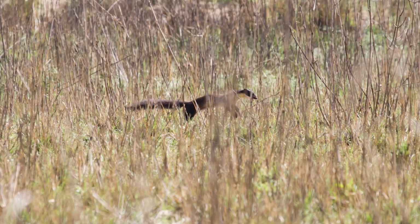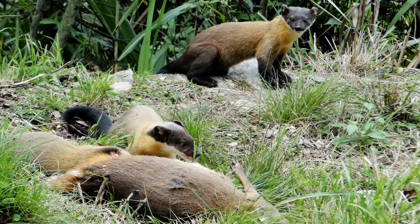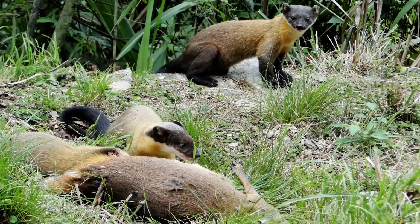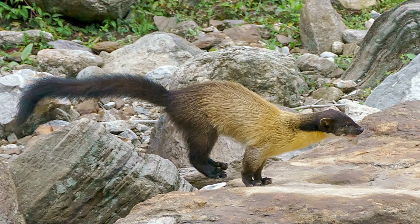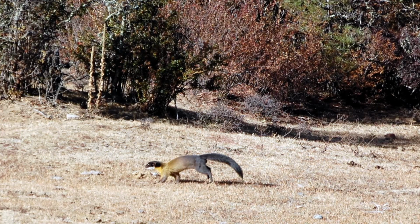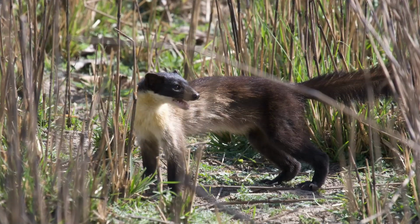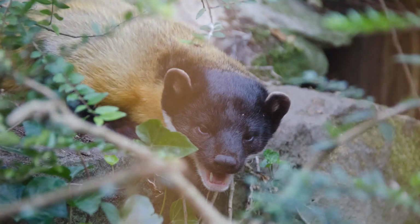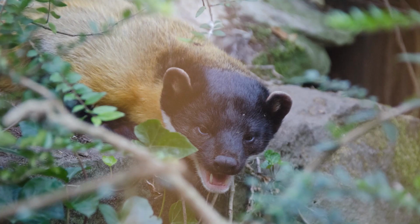Kharzas are agile and alert animals who typically hunt in pairs, although it is possible to see them hunting in packs of 3 or more. These animals are diurnal hunters and they cover wide yet temporary territories. In a single day, Kharzas are known to patrol about 10 to 20 kilometers of their territory. However, individuals travel less. In Thailand, Kharzas travel about 1 kilometer per day with an average range of 7.2 square